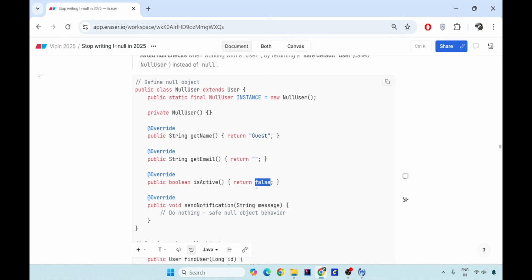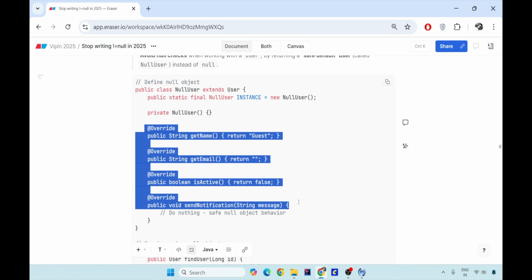So what are all the defaults? Suppose I have a user class with hundreds of fields, and if the user is not available, I have to return a default user with 100 fields. So would I create 100 fields and 100 properties for this user and send it every time? That's a bad practice. Rather than that, you could have created a null user and provided all the defaults here.